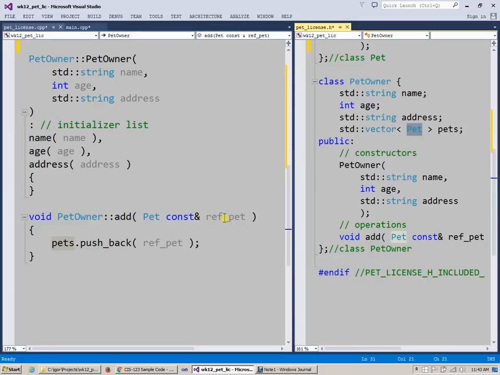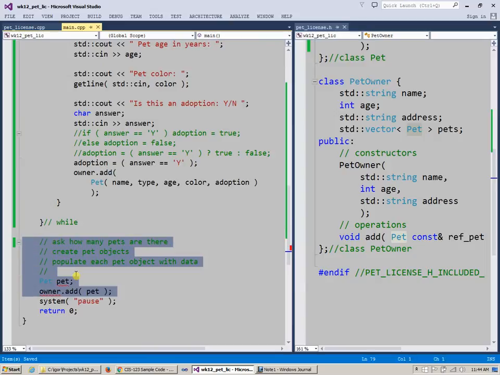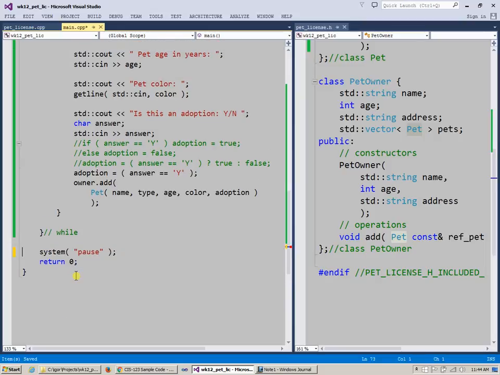Now notice that I pass this pet by constant reference, but the compiler should be smart enough to make a copy of this object before it gets inserted into the pets collection. So I'm expecting that my collection will be properly populated. So let's save this, and obviously I have some leftover code which I will now remove, but